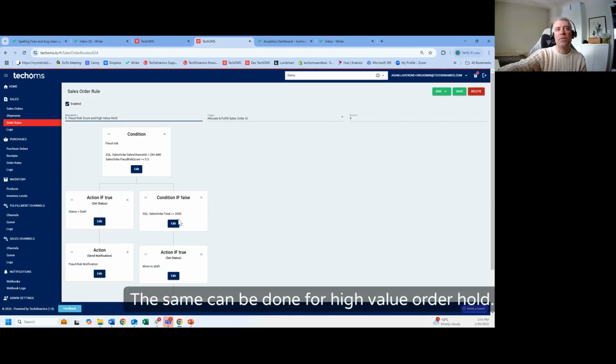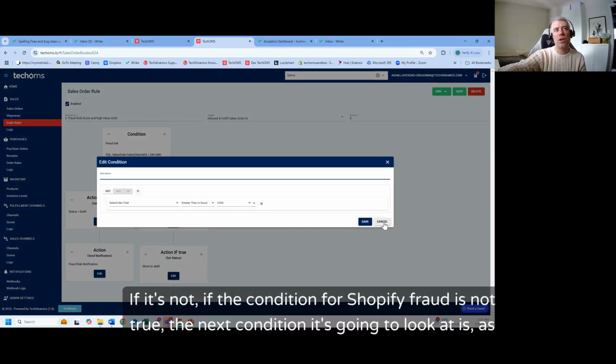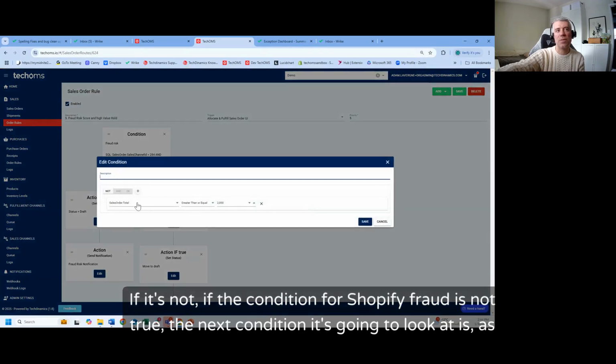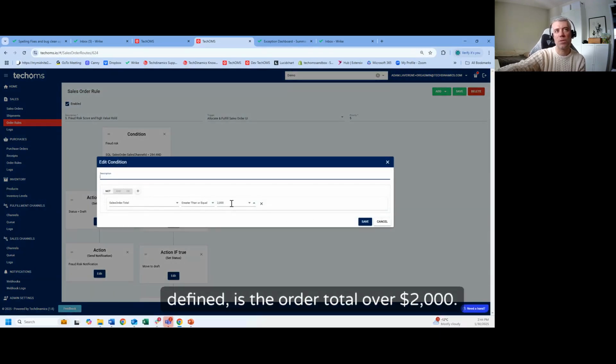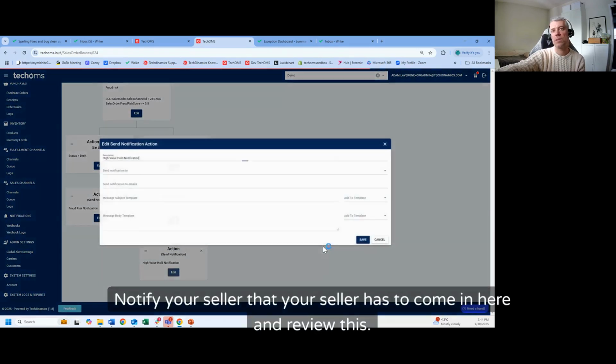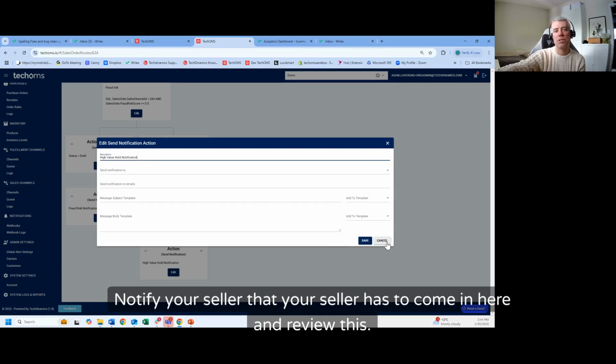The same can be done for a high value order hold. If the condition for Shopify fraud is not true, the next condition it's going to look at is, as defined, is the order total over $2,000. If yes, same activity. Move it to draft status, notify your seller that your seller has to come in here